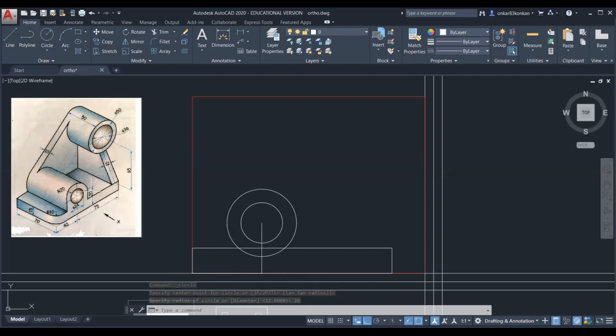And then we will draw this vertical lines. So basically these vertical lines, they are tangent to this semicircle. So select line.